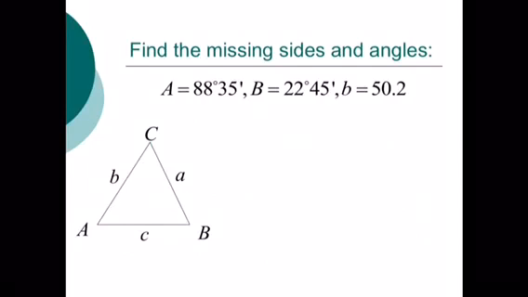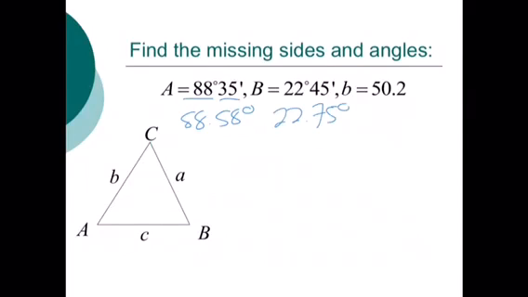So the weird part about this one is we have degrees and minutes. Looking at my first angle, it's 88 degrees and 35 minutes. To convert minutes into a decimal, you're going to divide by 60, because there's 60 minutes in a degree. So you have 88 and 35 divided by 60 to complete our angle, which is 88.58 degrees. We do the same thing for our next angle, so I have 22 and 45 over 60, which is